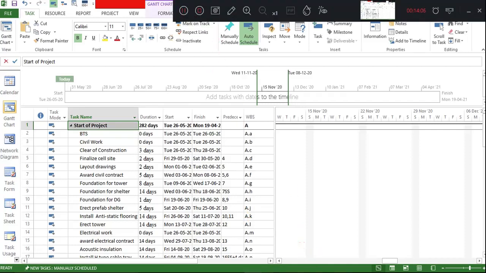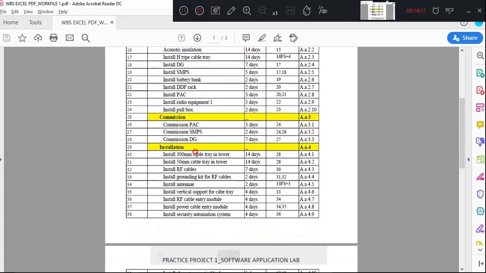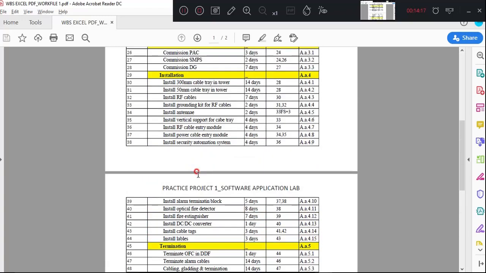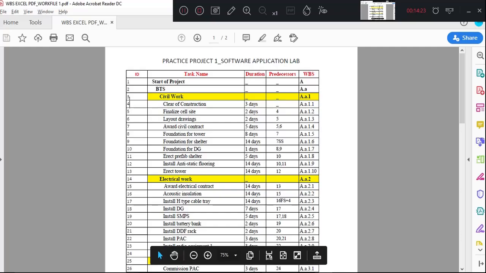Now I want all these activities, that is civil work, electrical work, commission, installation, termination, backbone, to come under my BTS. So how do I generate the code now?